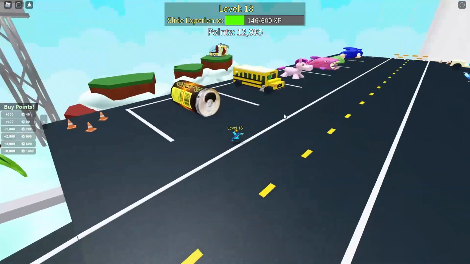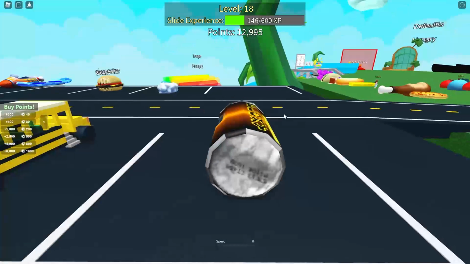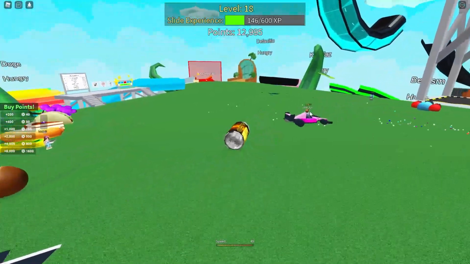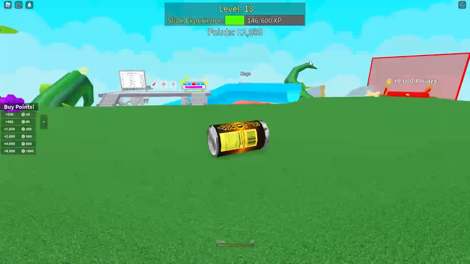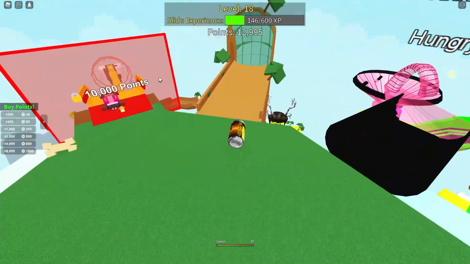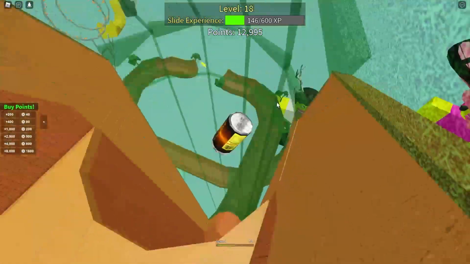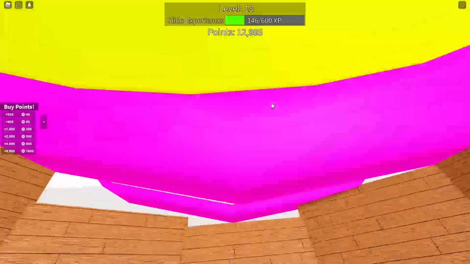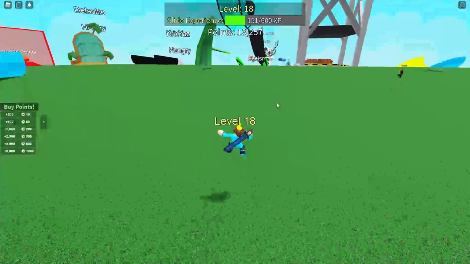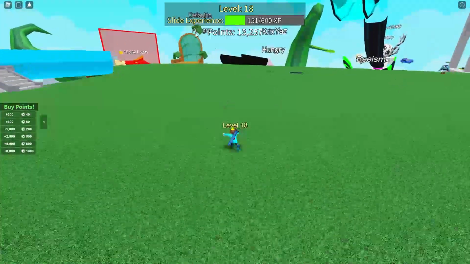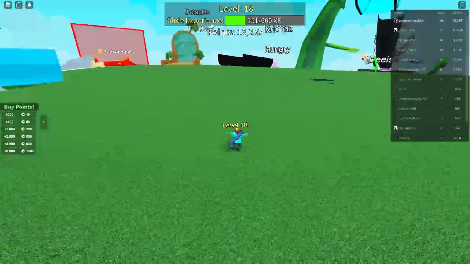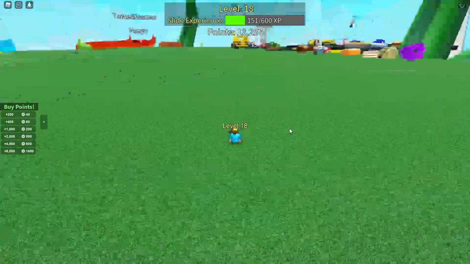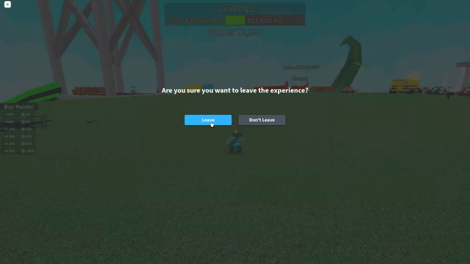Eventually, you'll unlock more things to drive around with. I'll drive this Bloxy Cola. Some of them are actual vehicles, and some of them aren't. So these are different Roblox players, and you can go down these slides. I don't know why it doesn't say I've unlocked that. So let's go down the Defaultio slide. Oh, by the way, you can also just go down a slide without a vehicle. There's supposed to be, I don't know why it doesn't say it anymore. It would say sit, Q. Apparently it still works. And I think E is lay down. Yeah, I still play that game sometimes.